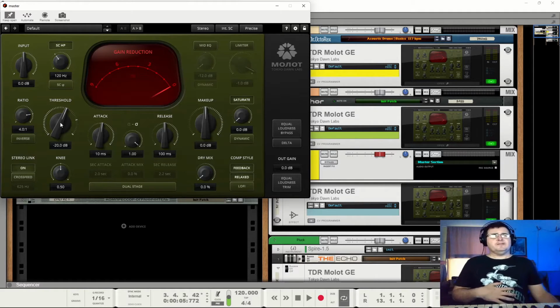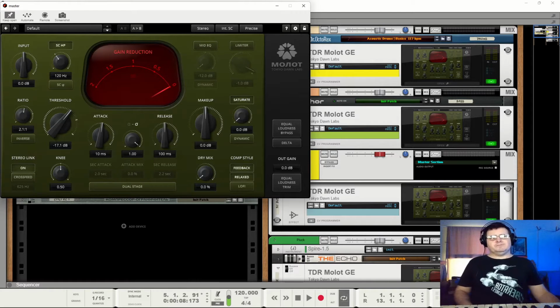So we've got our obvious things of our threshold. And just like the last TDR that we looked at, everything has an active ring around it when that is relevant, which does help you to know, okay, well, that's where I want to be. And metering is, again, really superb in that you can become as broad or as detailed as you want. And you can actually click on this and it goes into a different mode, which shows you the total difference between the input and the output signal. I'll leave it on gain reduction because that's what I like to see.